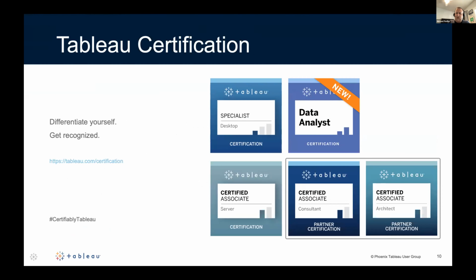We always mention the Tableau certification. It's something that we're very big on. Not only is it a great way to show off your skills as a Tableau specialist, but it's a great learning platform too. So if you really want to understand how to use Tableau and make sure you're following best practices, all of these Tableau certifications come with exam guides. It's going to give you the prerequisites, learning opportunities, and where you should go to get more information about said certifications. But again, a really good program that will help drive your understanding of how to use Tableau.